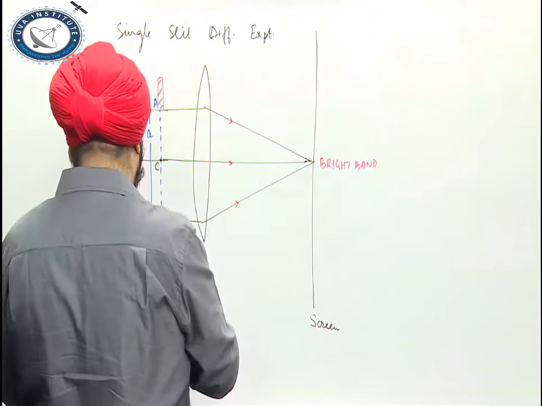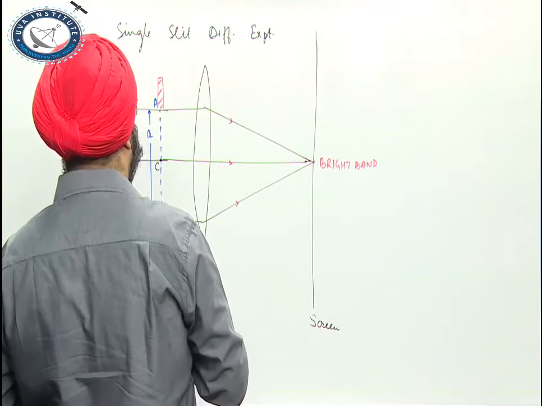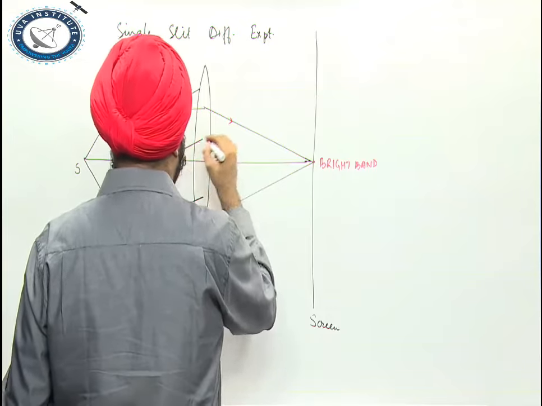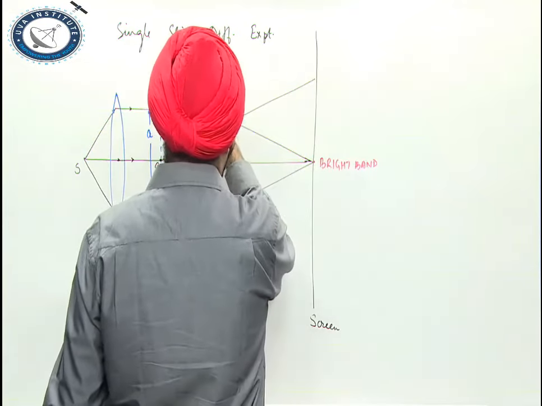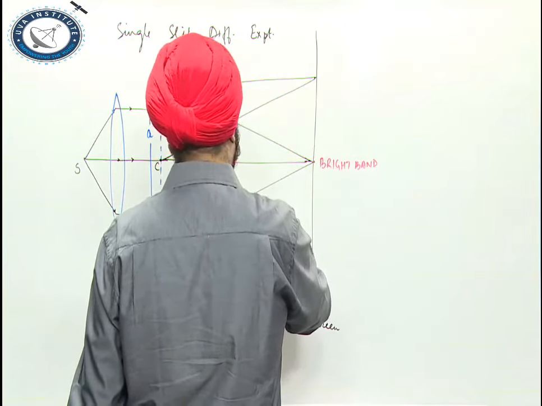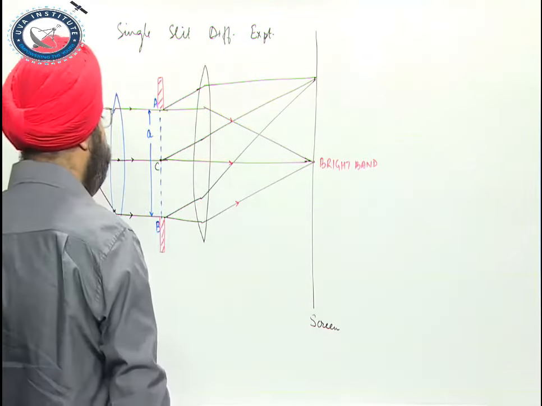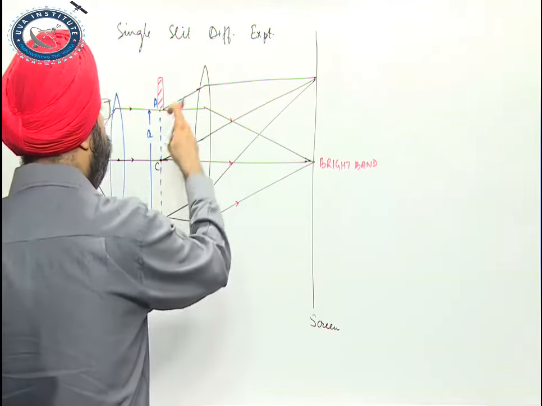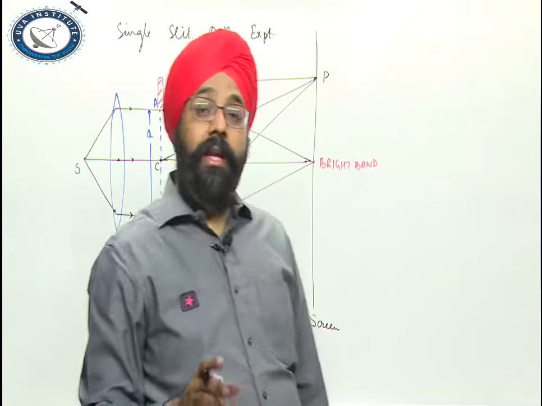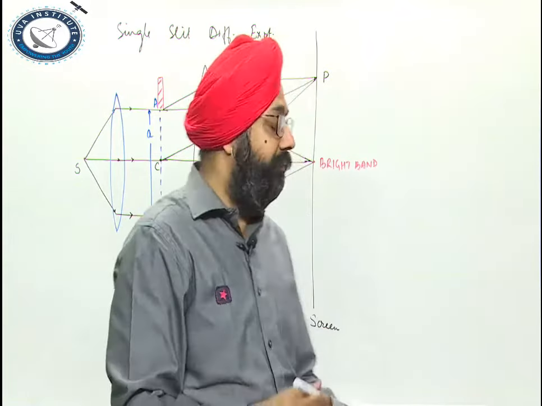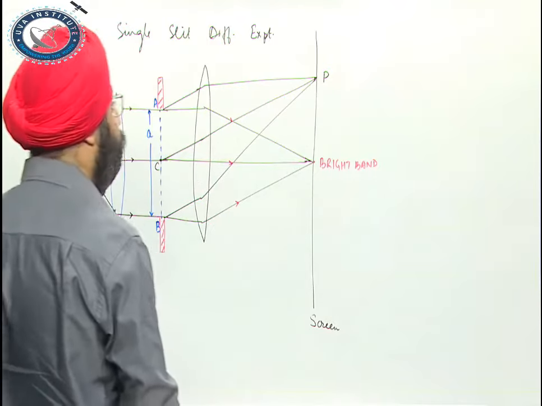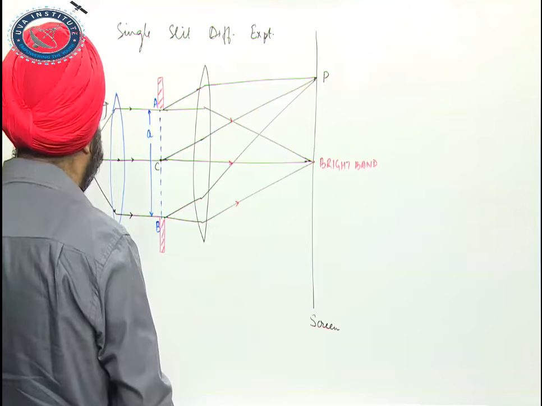Now let's understand, if these rays are diffracted, now they have bent, and we are trying to get them here through this lens. Now all the points which are meeting at point P, they are not in the same phase. They may or may not be in the same phase. Let us say we have a formation of a dark band over here. So in that case, the points are not in the same phase.